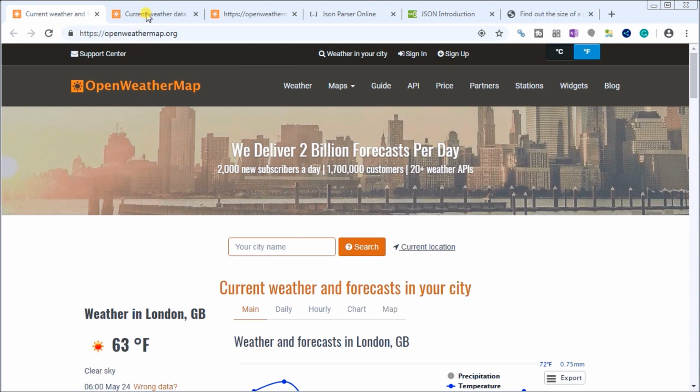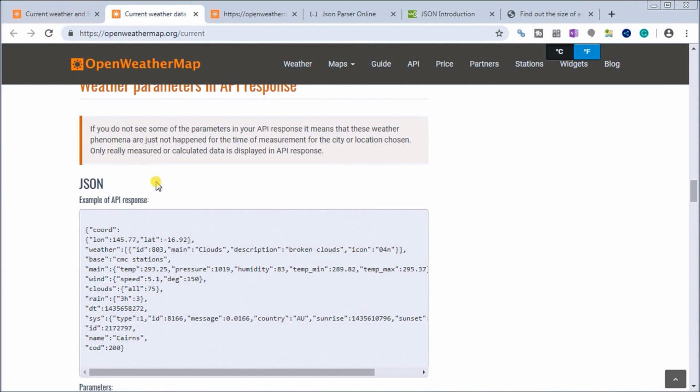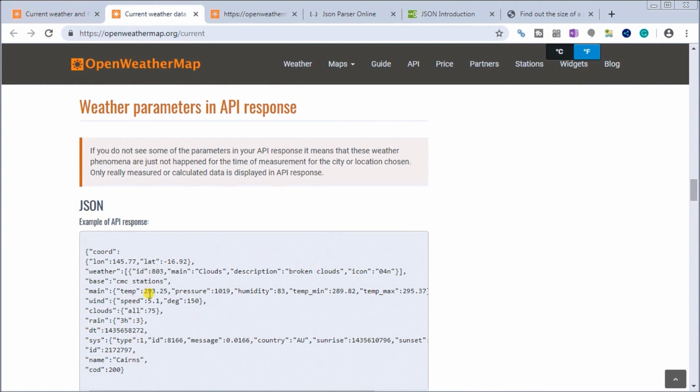So in that site what you'll find is that we have the parameters and response parameters that we can actually pick out and see. In our case here, you can see the coordinate, we can see weather, base, main, which is one of the things we'll pick up, and wind. So we'll pick up the temperature, pressure, humidity, minimum temperature, maximum temperature, and then we'll pick up the wind speed